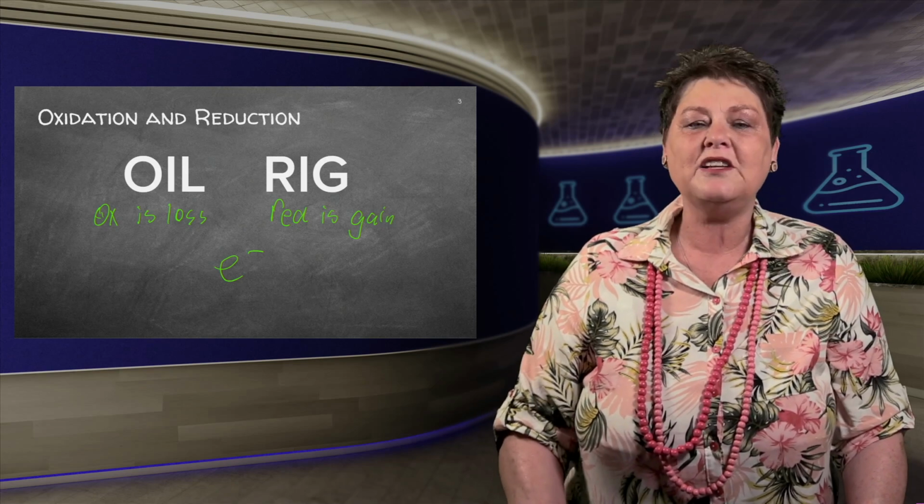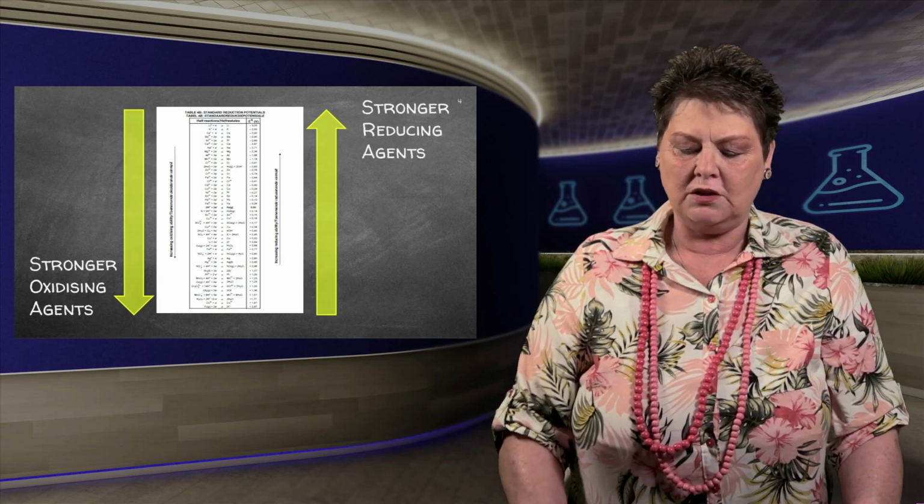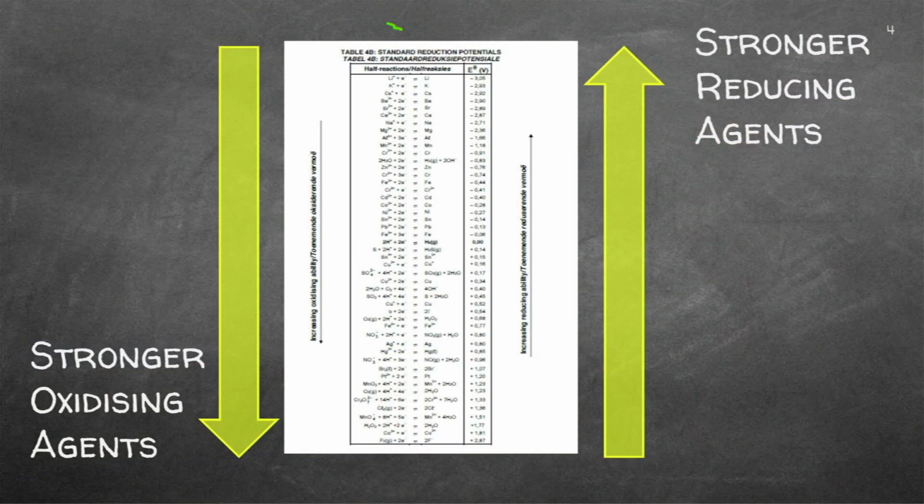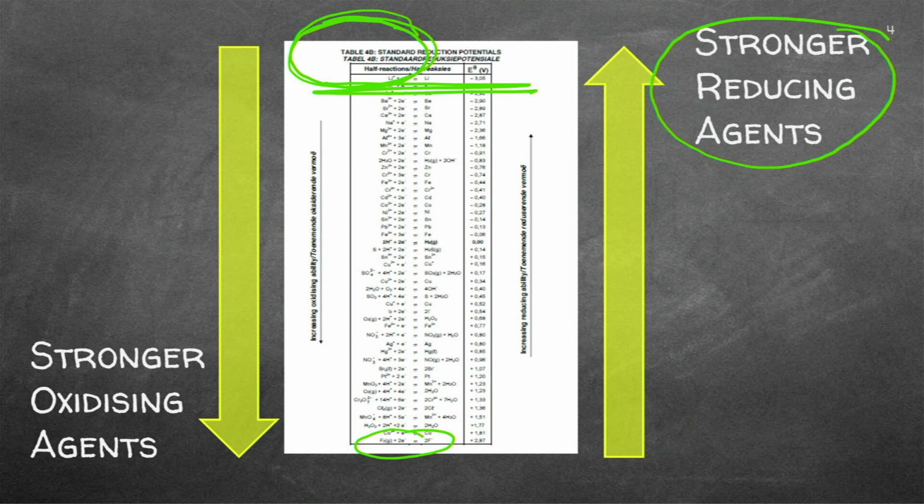Now you'll have your electrode potential table with you, and make sure that you're working with 4B, the one with the lithium at the top. If lithium's not at the top, you will have the fluorine at the top, and that will be different. So I usually just work with that one, and I know on the right hand side I've got the stronger reducing agents, and guys, write that down. Which means at the top I've got the stronger reducing agents, and at the bottom I've got the stronger oxidizing agents. So where are we going to apply it?